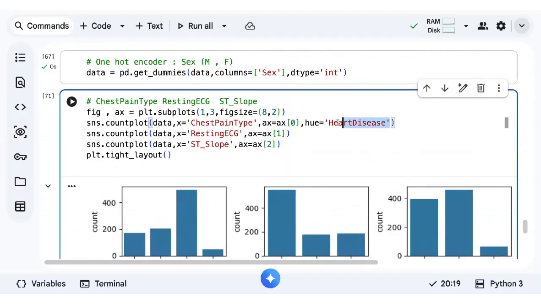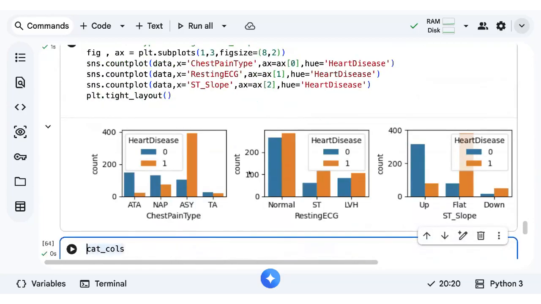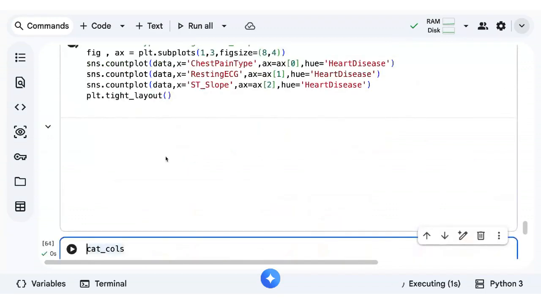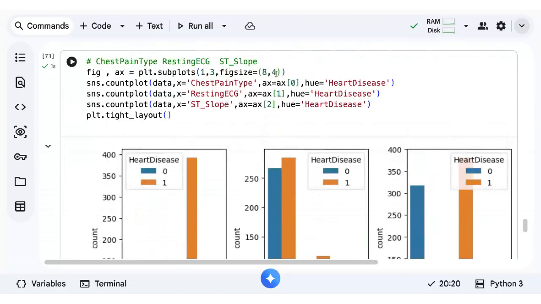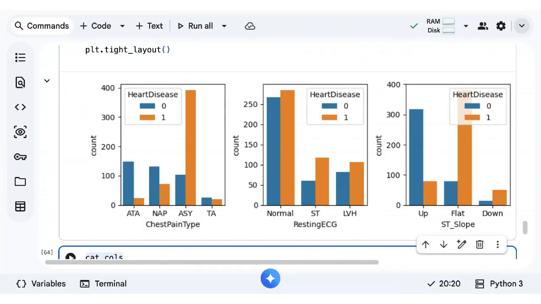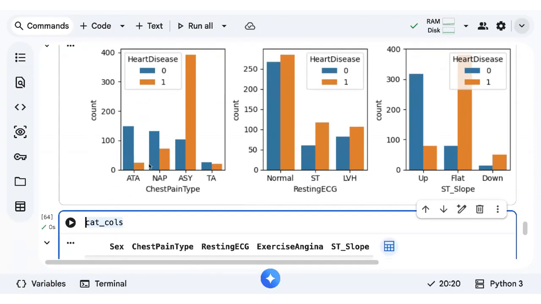Okay. Let me increase the size. Okay. So orange color represents high risk of heart attack, blue color represents a low risk of heart attack. Okay. First one, let's go with chest pain type.